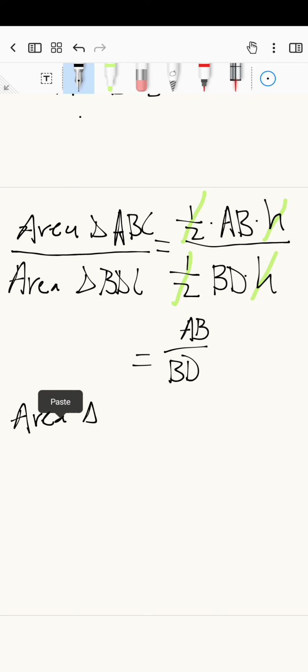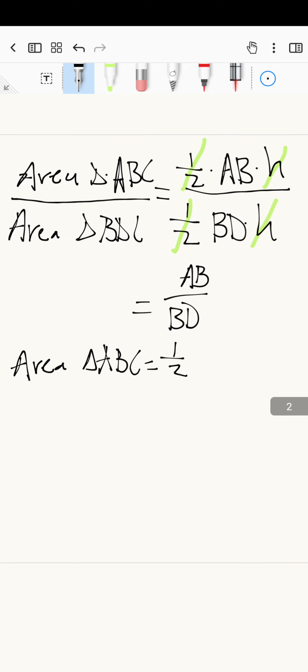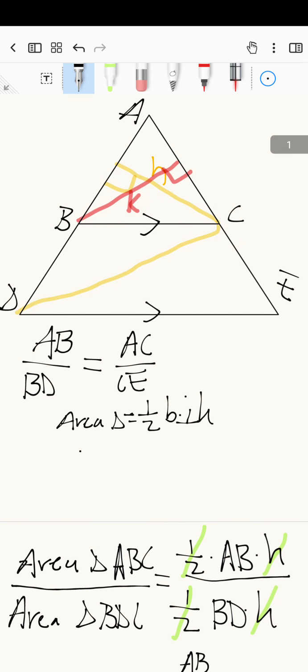All right, so now we are going to say that the area of triangle ABC, and we now figure out that it is half. Base, what was our base? Our base is the AC this time. And if AC is the base, then our K is our perpendicular height. Okay, and now we're going to look at the bottom. Same thing that we did at the bottom, we're going to do on the